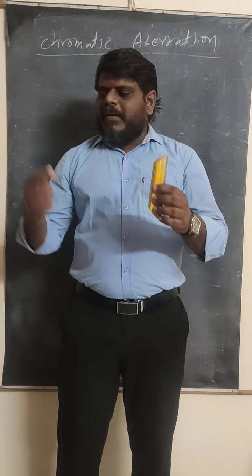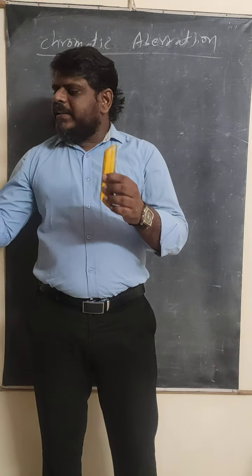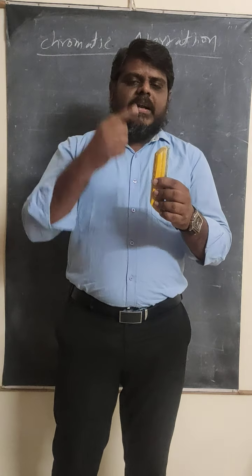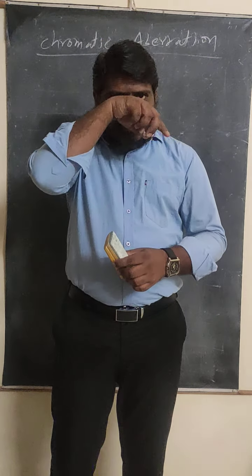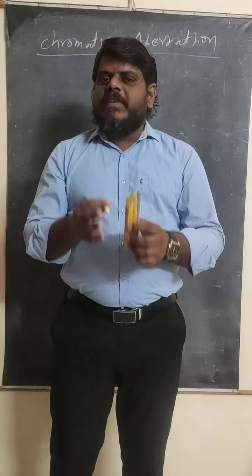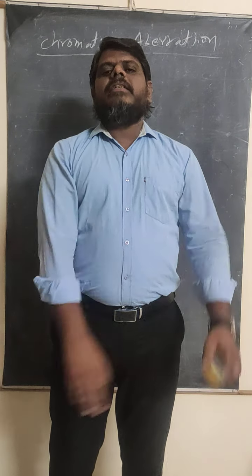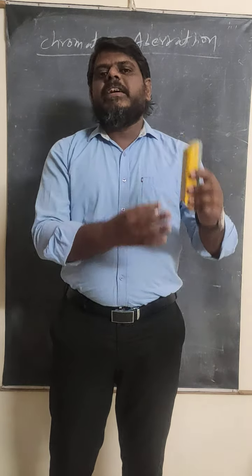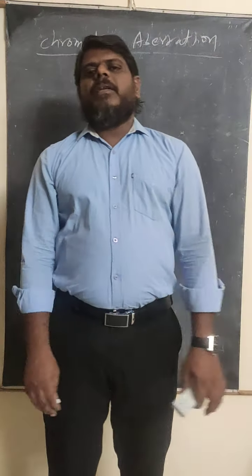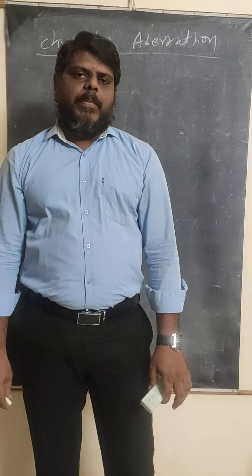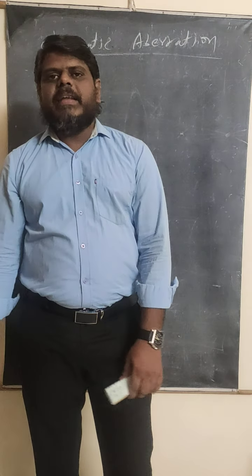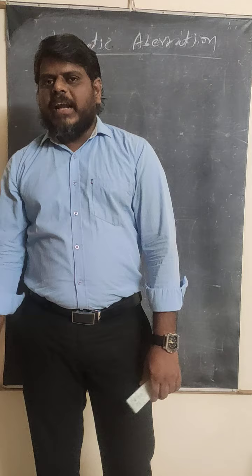Essentially the same thing happens whenever you place an object and the light coming from the object is incident on the lens. That light will be divided into 7 colors, and those 7 colors will refract in different ways, and different images are formed at different positions on the principal axis with different sizes. This type of defect is called chromatic aberration. Now we are going to discuss how chromatic aberration takes place and how it is classified.